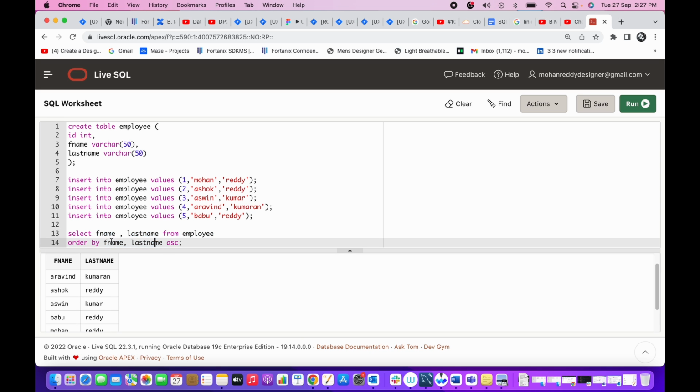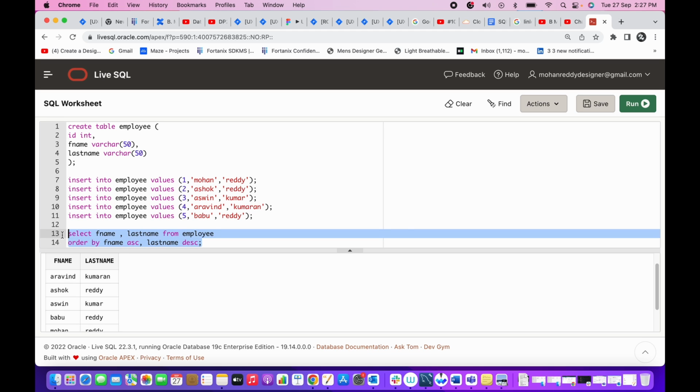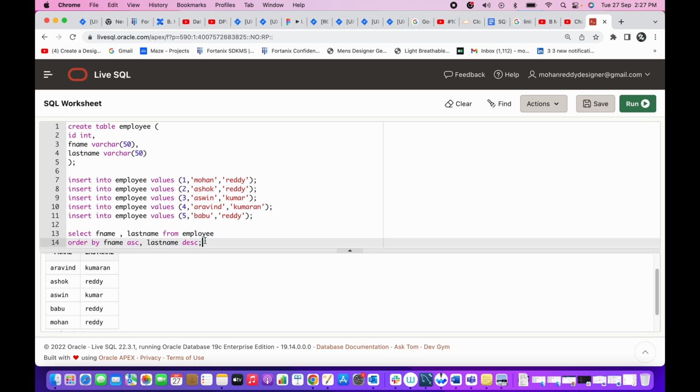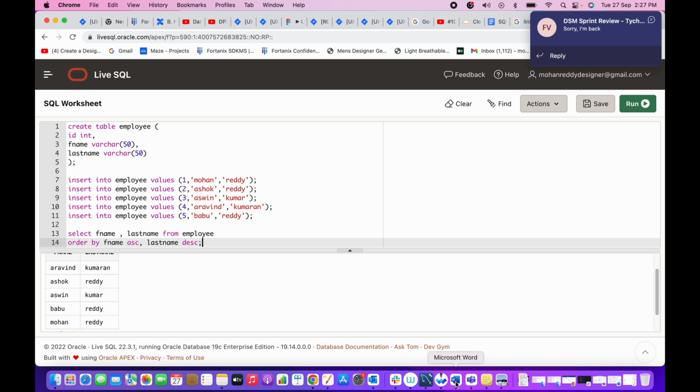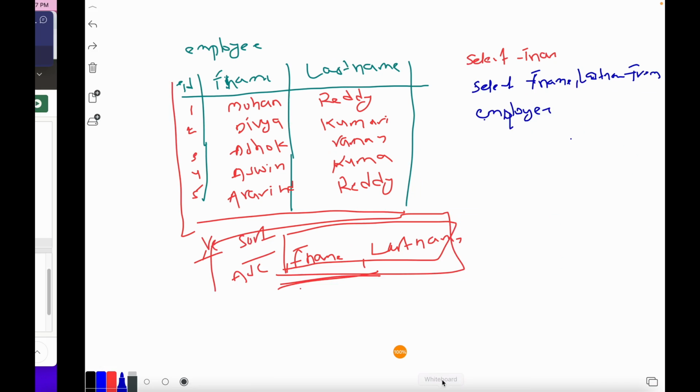Now let's say first name is in ascending order and last name is in descending order. Now the results will be changed. We have changed the order of first name and last name, ascending and descending. This is one scenario you might have seen, right? Now there will be more conflicts coming. For example,